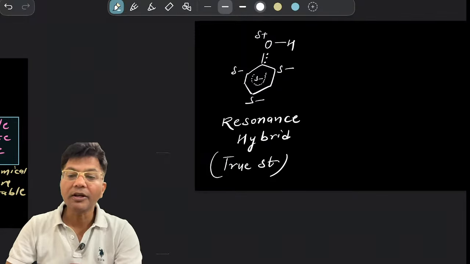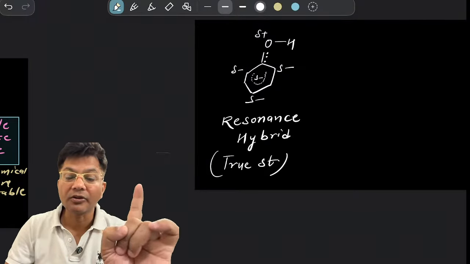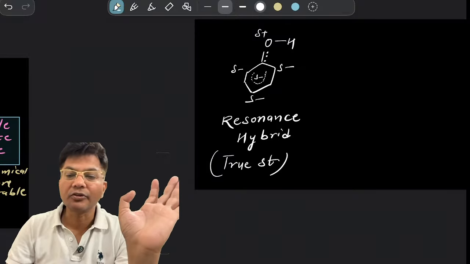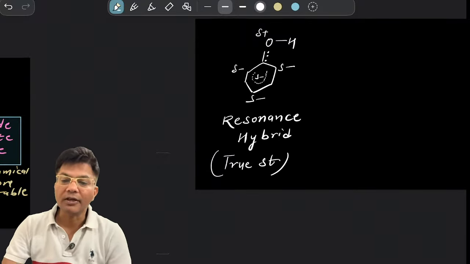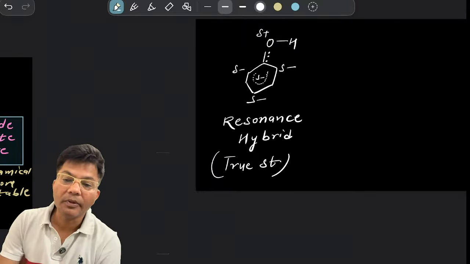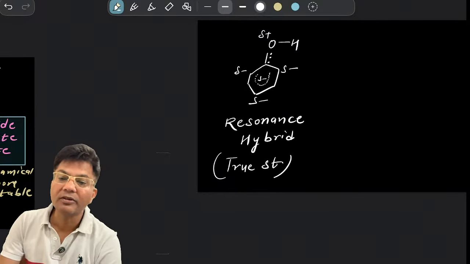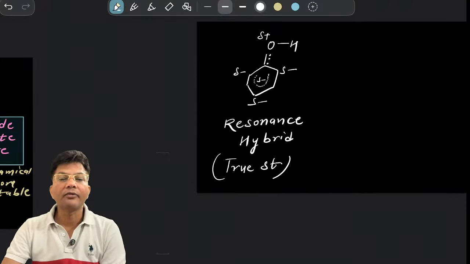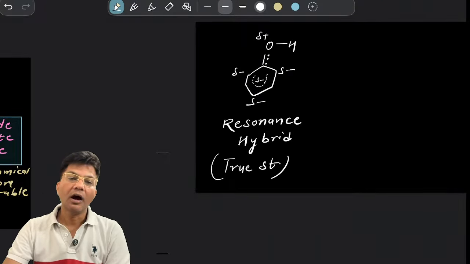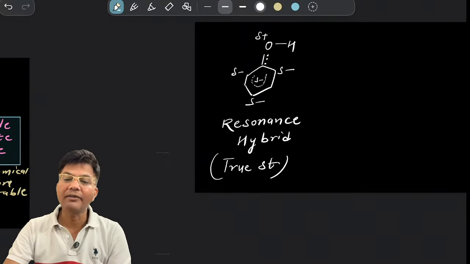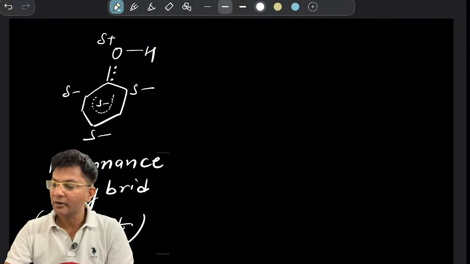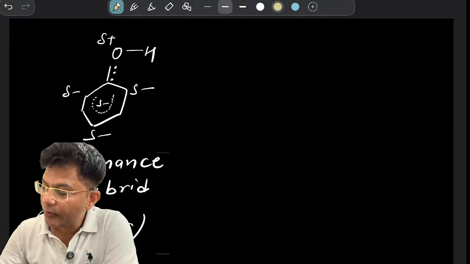So, canonical, no, it's not a canonical structure. A canonical structure is one of the structures out of those resonating structures. This is the one structure which is carrying all the properties of canonical structures. A single structure having all the properties of resonating structures or canonical structures. You got it? Now let me draw phenoxide's